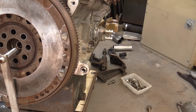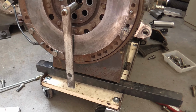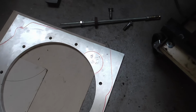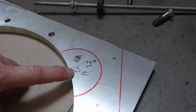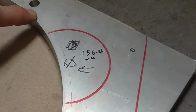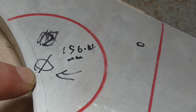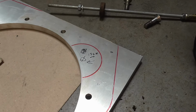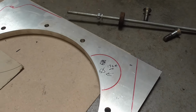And then by using a transfer punch in the 12mm hole with the adapter plate mounted to the block, flywheel removed, I was able to come in and scribe an arc at that. Yeah, you can just see it at that 156.4mm. The Sharpie line is just taken from the existing plate, but the motor is sitting a little bit low,